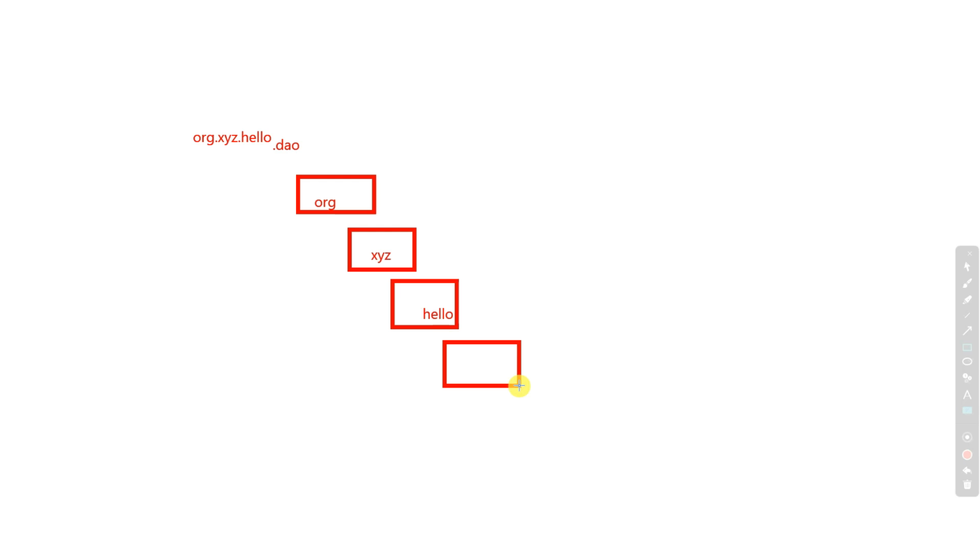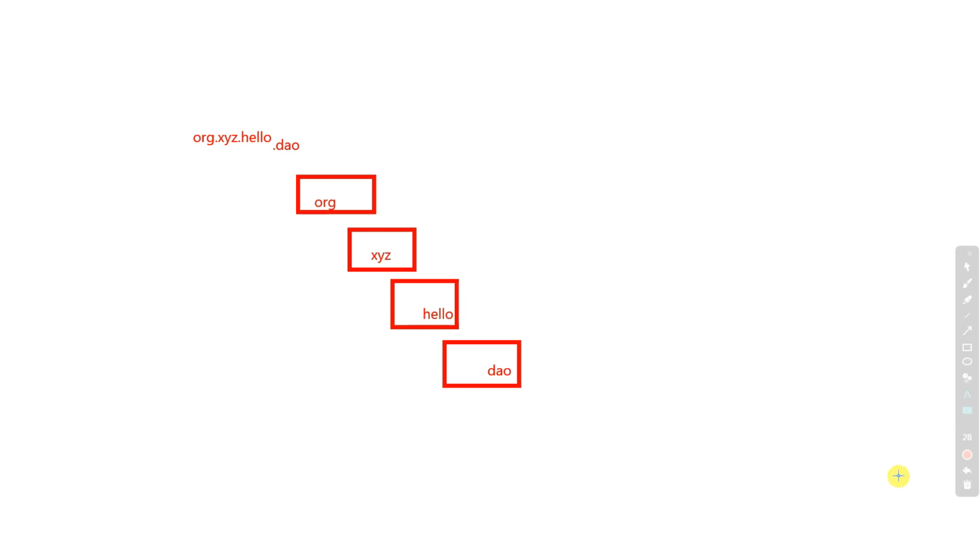Internally DAO will be here. So this is the subfolder structure. Org is the parent folder, and the next ones are xyz, hello, DAO, separated with dots. This is the notation you see in your program, and internally it maintains a folder structure like this.